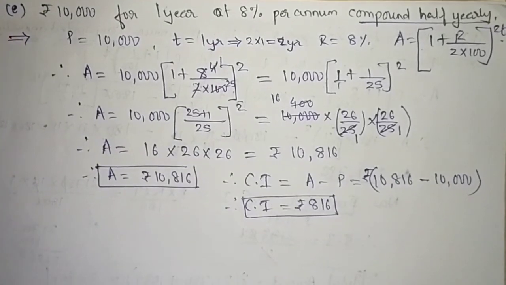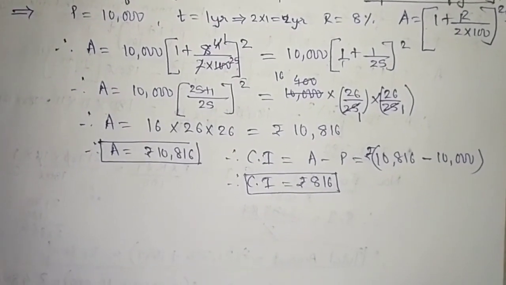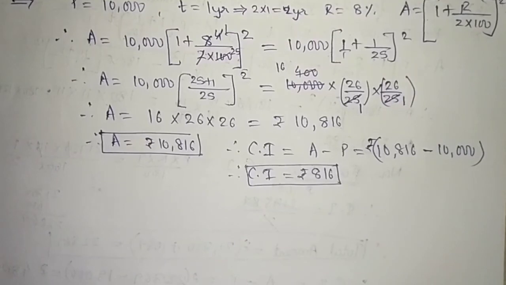So we have finished calculating 5 parts. In the first video we have solved 2 parts and the remaining 3 parts in this video. Hope you have understood how to calculate compound interest when it is given compounded half yearly and when it is given compounded annually. If not, please go through these 2 video lectures 2 or 3 times so that you can understand properly.